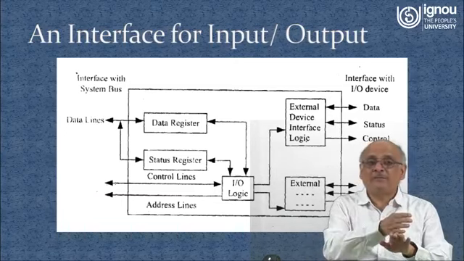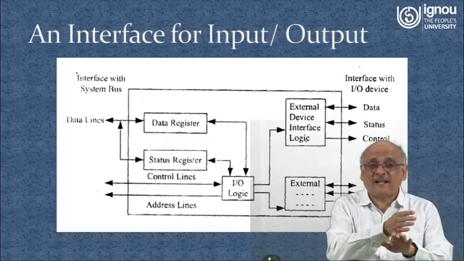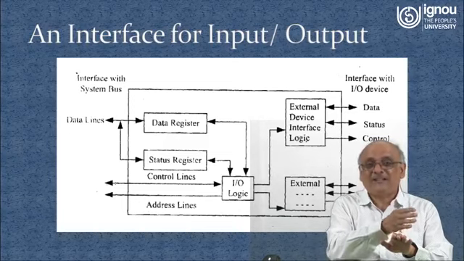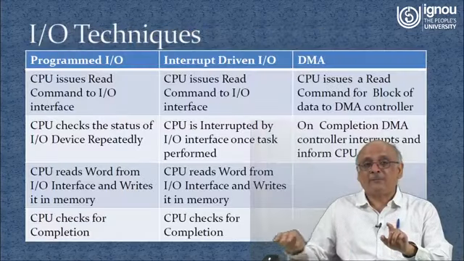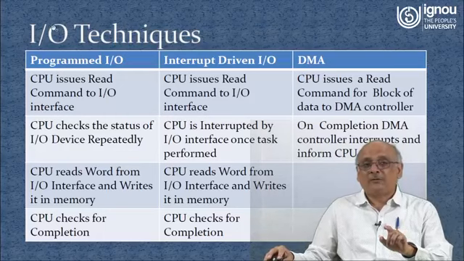It will go on to do something else because it is very, very fast and its time is very, very important, right? So it can go on to do many other jobs meanwhile. All right, but that difference is taken care of by the input-output interface. So to take care of these input-output interfaces, there are several techniques. These three techniques are programmed I/O, interrupt-driven I/O, and DMA.